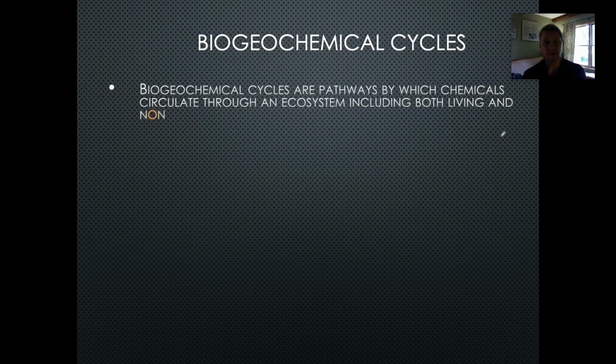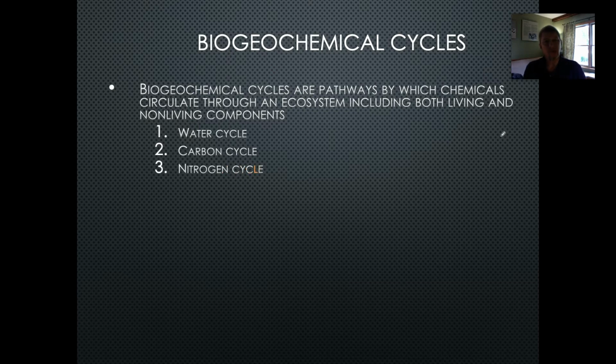And these chemicals have to circulate through an ecosystem, not just through the living organisms, right? We use these things to build our basic biological molecules, carbs and proteins and DNA and so on. But they also cycle through the non-living components of the ecosystem, the soil, the rock, the water, and that sort